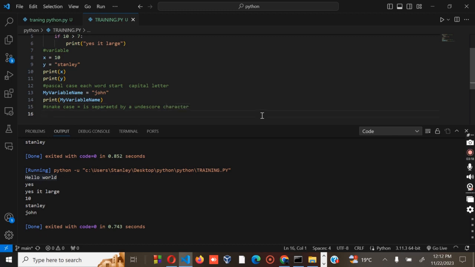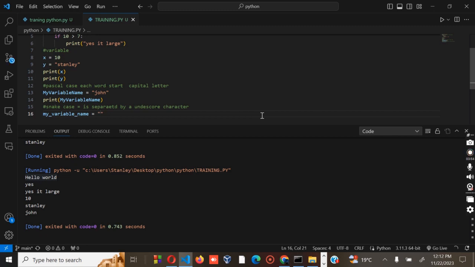For example, we have my_variable_name, then the equal sign, then you declare.